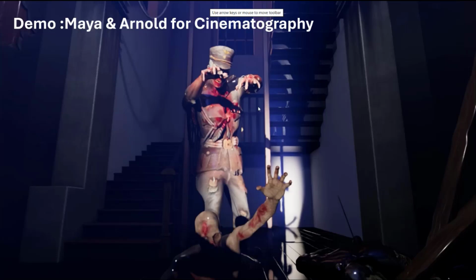So the scene, the character, I took from Mixamo. There is a free character. So the scene, I try to put in a messy room. That's why we will see how to create this scene.